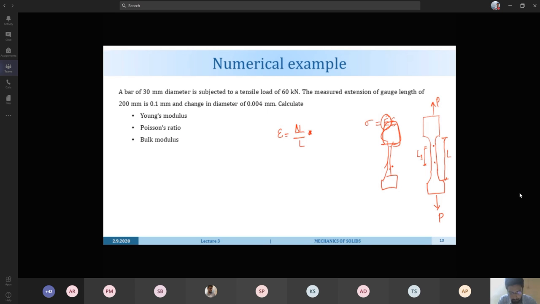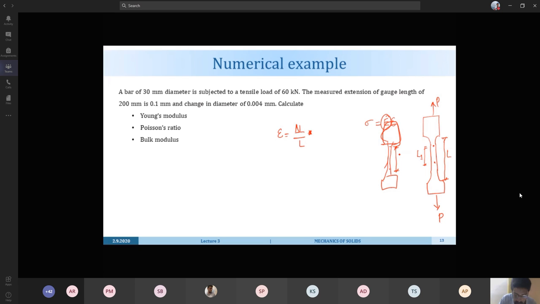Okay. Yes, sir. The gauge length is the region on which we put an extensometer, and the extensometer measures how much increase in the elongation is happening. Sir, can you repeat the last line? Okay, the extensometer is the instrument used to measure the elongation of a bar in a universal testing machine. It is fixed on this gauge length and measures how much the length of the bar increases because of the applied load.